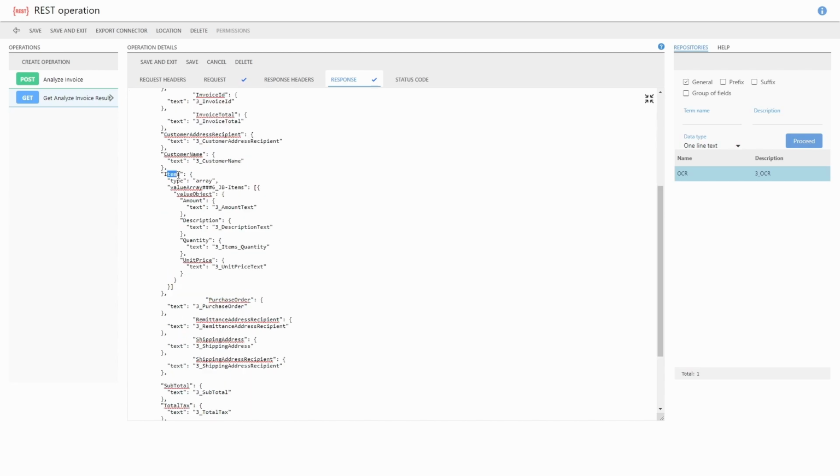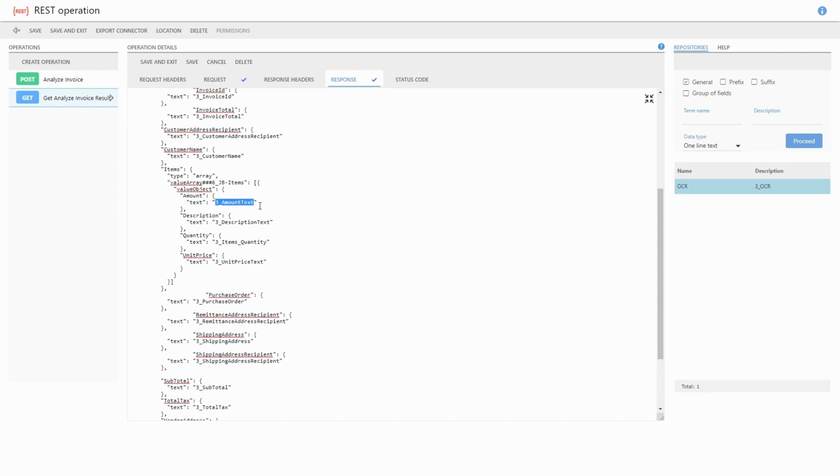For this part, where it says items, you are going to map them to a group of fields, as you can see here. So you will just replace this with the name of your group of fields and the columns with the name of your columns within this group of fields. As easy as it seems, once you have all the values mapped to your Aura Quantic fields, you will be ready to start using this connector within your solutions or applications.